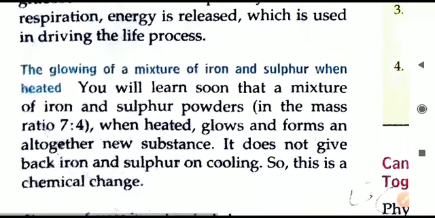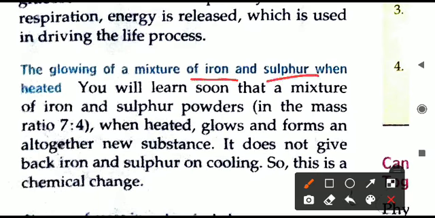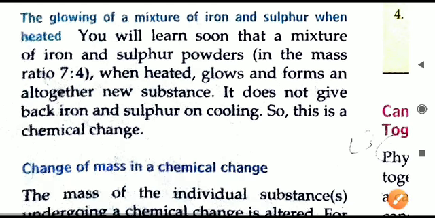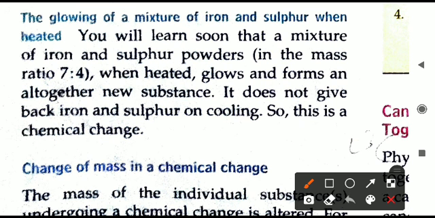One separate topic is also given, that is the mixture of iron and sulfur. Iron is black or greyish colored, sulfur is yellow colored. When we mix both of these, we have to take the ratio 7:4, meaning 7 parts iron and 4 parts sulfur. And when we heat them together, what happens? The mixture will start glowing. This glow will keep on for a certain period of time. Why does this glow come? Because on heating, iron and sulfur combine together. They make a single compound, iron sulfide, so a new substance has been obtained.